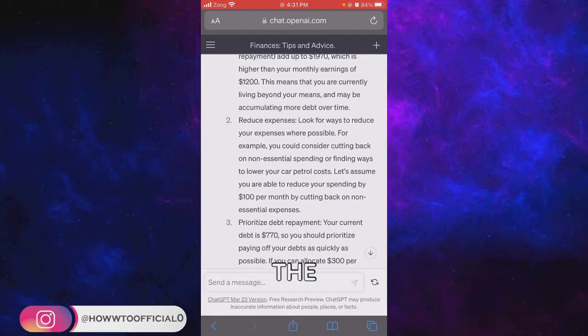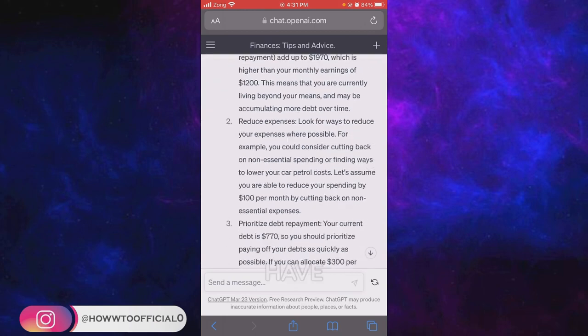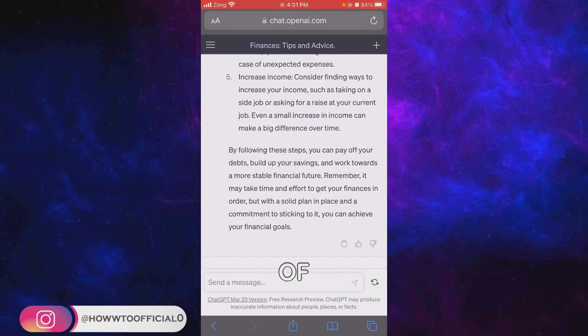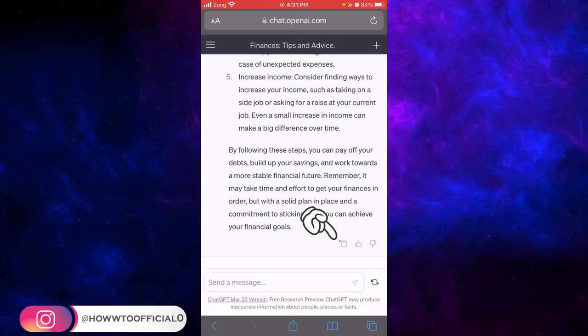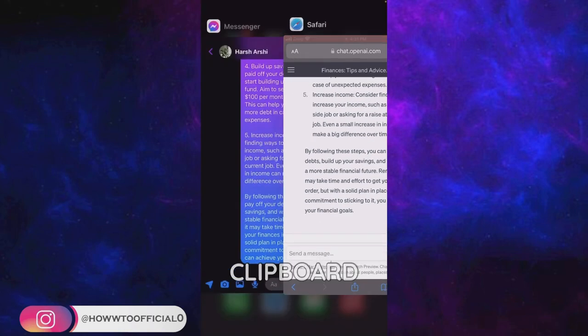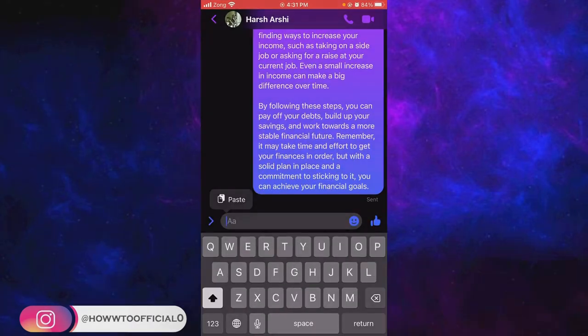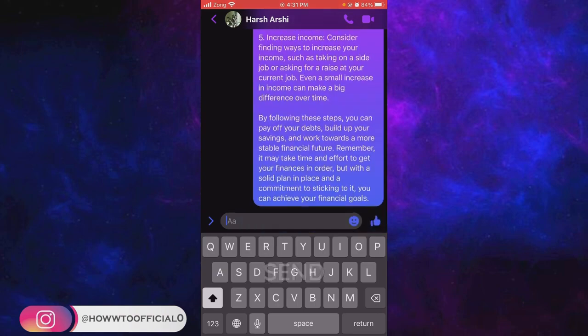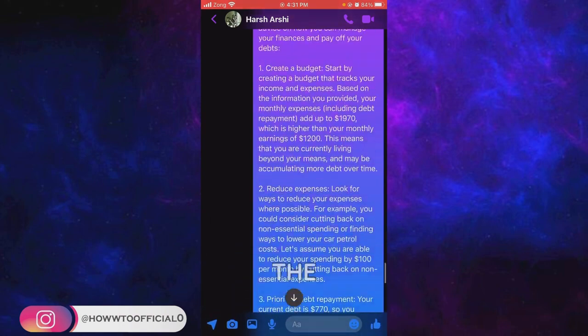Now for copying all the generated response, we have a little button here at the end of the generated response. ChatGPT has a new update with this button, and as soon as you press this little button here, all the generated response will be copied to your clipboard and you can paste it anywhere. Let me show you. If I paste it here and send it, you can see that here is the response